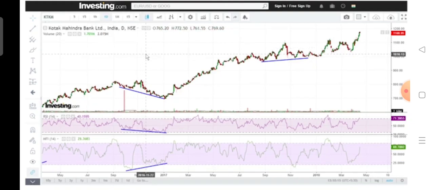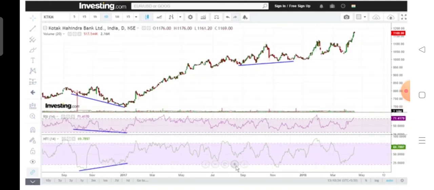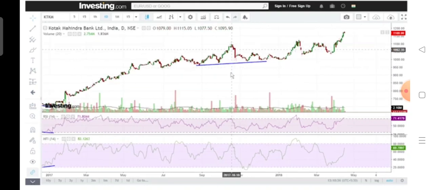So if we are looking at a Kotak Bank chart here, as we have seen in the case of RSI, when we see a reversal pattern, we can see that at the same time the RSI is moving below the 70. Similarly, here we can see a reversal pattern, a bearish engulfing pattern, and the MA5 at the same time is moving from the overbought zone into the normal zone. So this was a selling opportunity.